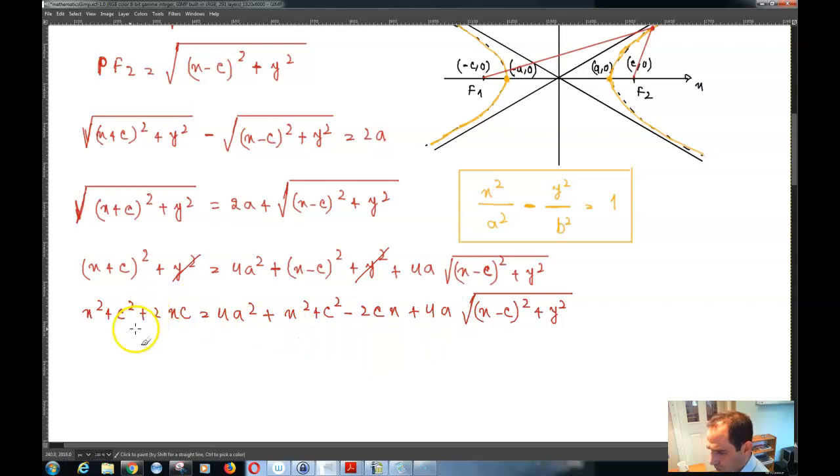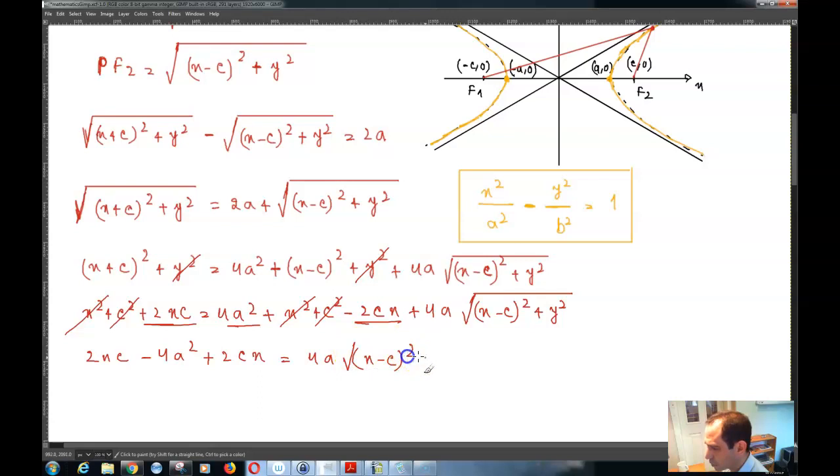And so then you can simplify X squared and C squared, and then you can write 2XC, this one over here, minus 4A squared plus 2 times CX, this thing over here, is equal to 4A square root of X minus C whole squared plus Y squared,